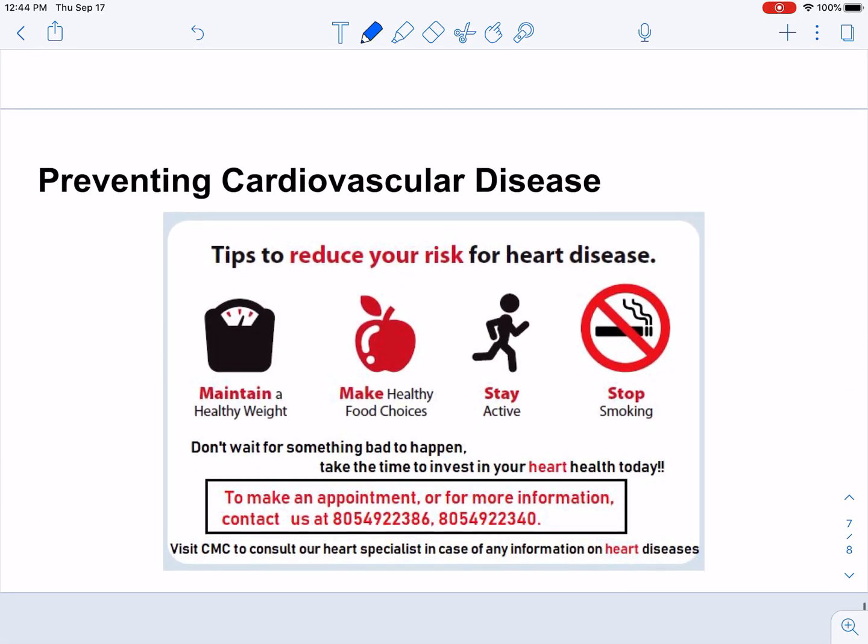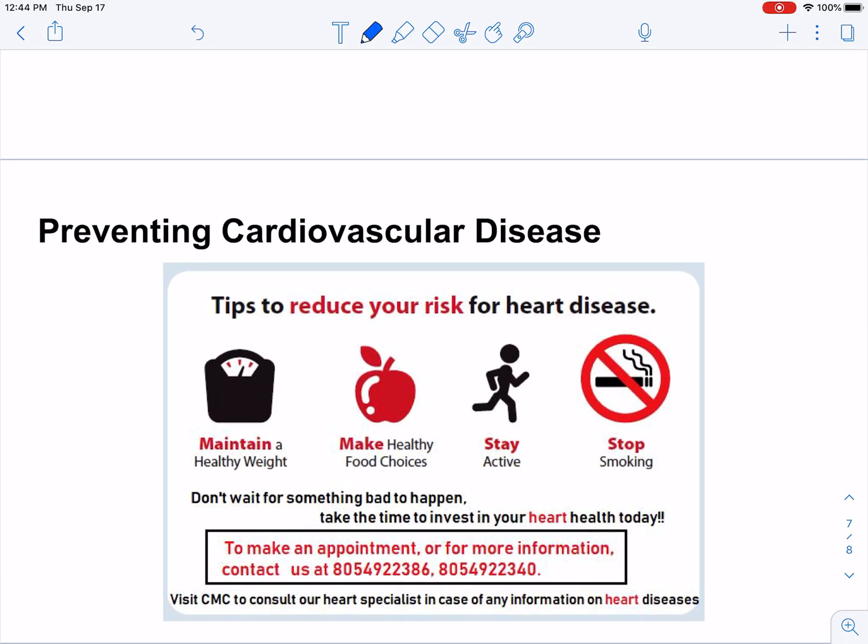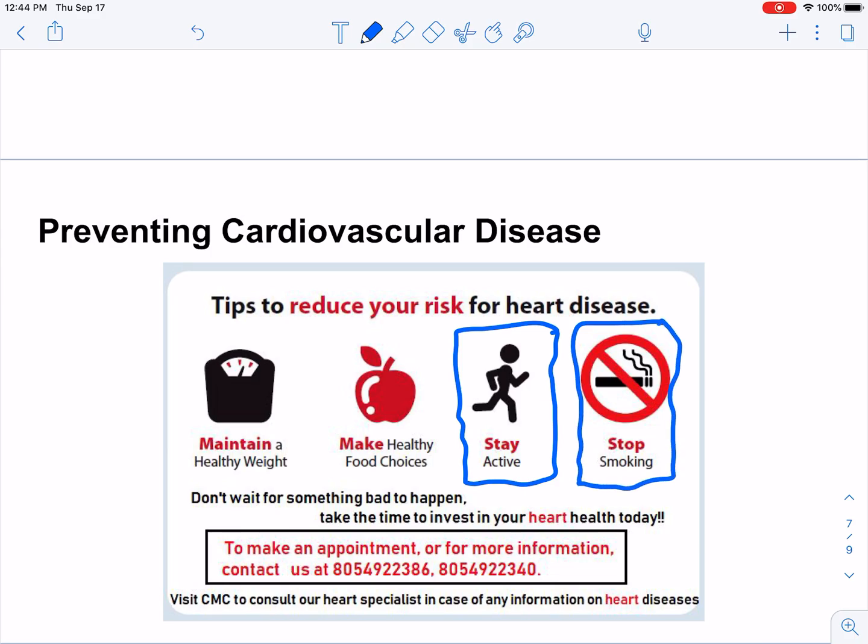So, how do you avoid these things? Again, I know that your age demographic, you're not quite in the danger zone for a lot of this yet, but I think one of the resounding things I see is to stay active, right? One of the common symptoms is just lack of physical exercise. Do not smoke. And vaping is also getting onto this list. And some people aren't even sure what the connection is between smoking and these heart conditions, but there is a correlation for sure. Making healthy food choices, in particular,